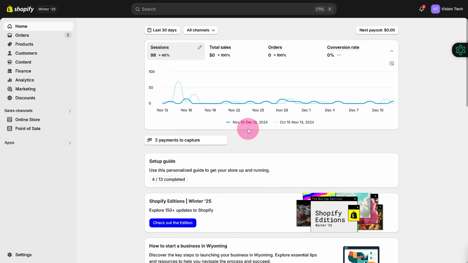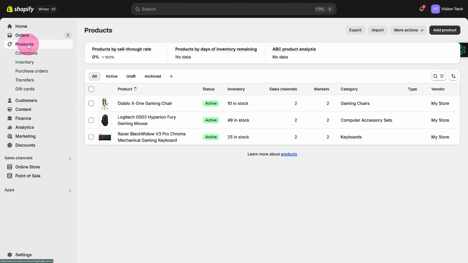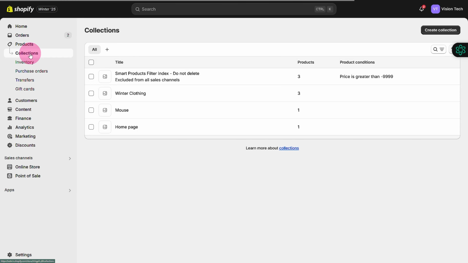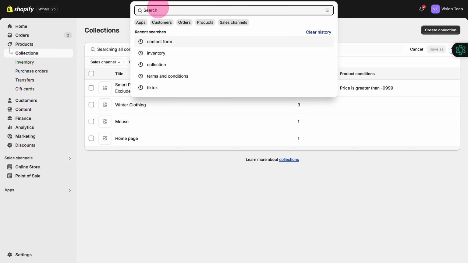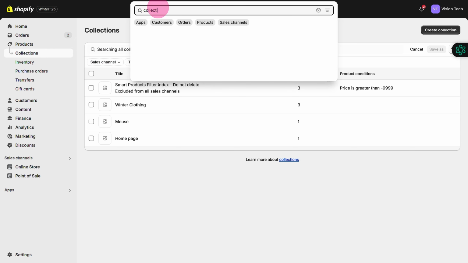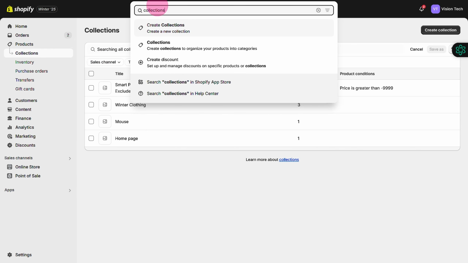So what we need to do is, first of all, head over to our products, and you can see we have collections in here. Since you want Shopify collection sorting options, we have our filters in here if you want to sort using a smart or manual option, or if you're looking for something advanced, you can create your collections using integrations as well. So head over to collections, and once you are there, head over to the Shopify App Store,